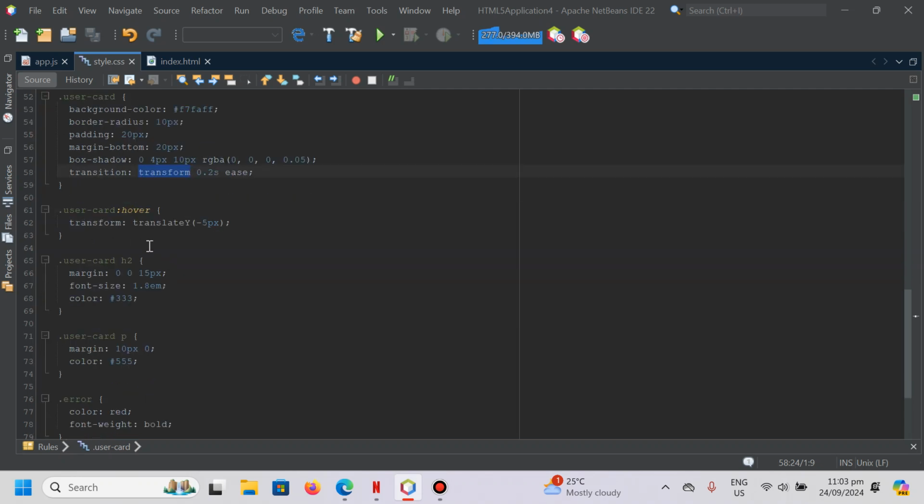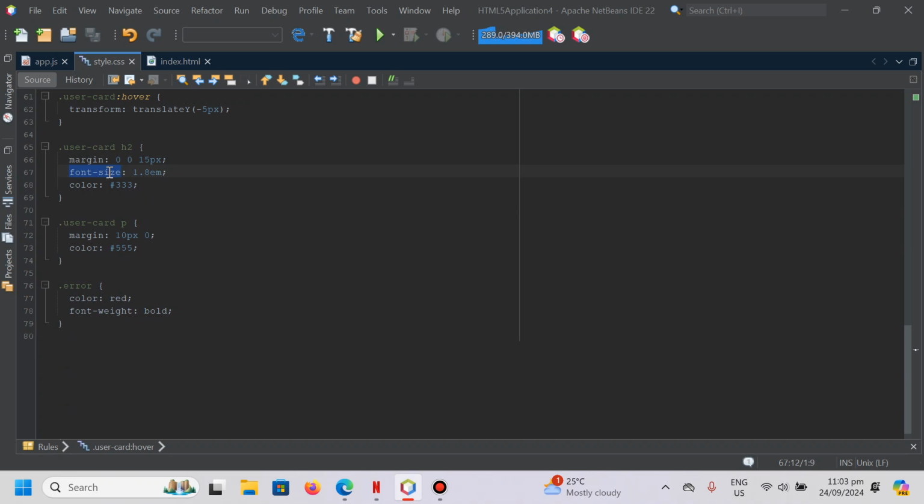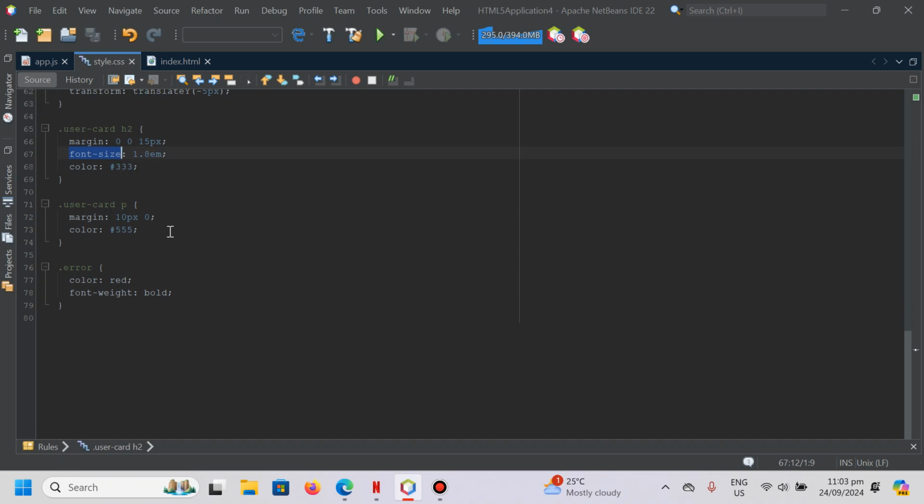User card hover: move the card slightly when hovered, giving it a floating effect. User card h2: margin, font size 1.8 em. And the user card p: margin 10 pixel,